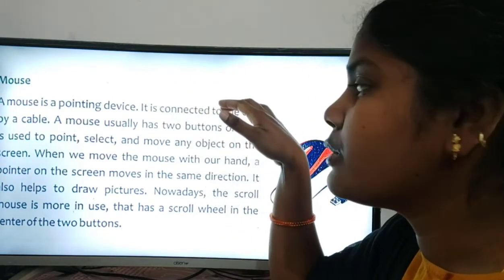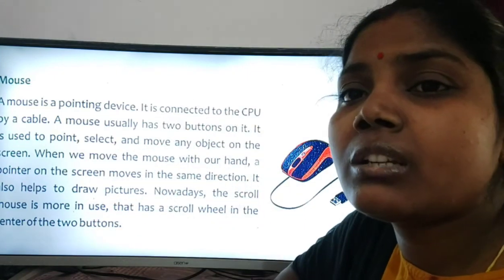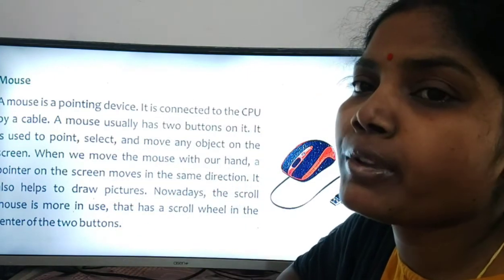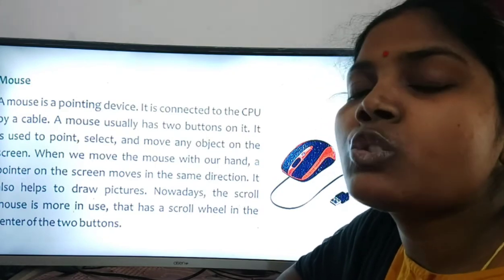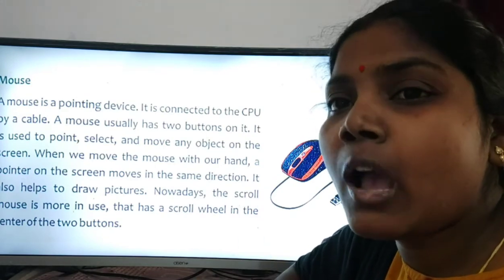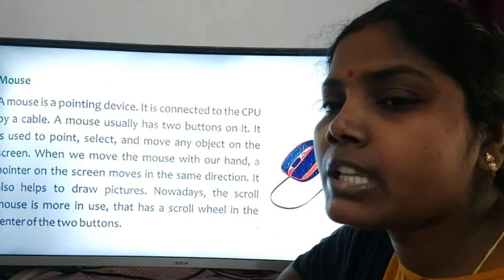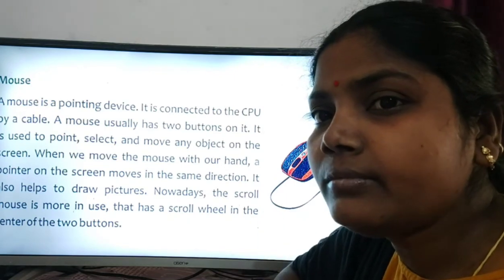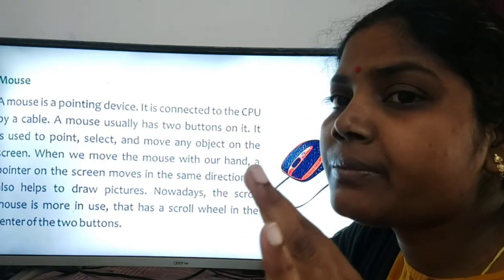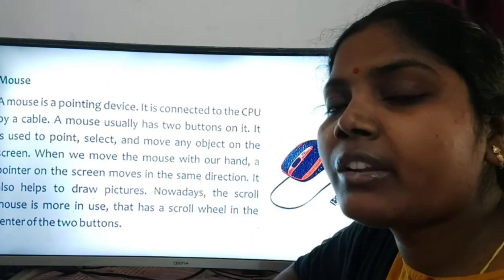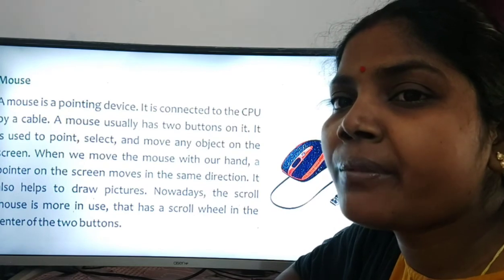Okay, so today we learned two topics, that is keyboard and mouse. In the keyboard we have 104 keys in total. According to their functions we divided them into 5 groups of keys.